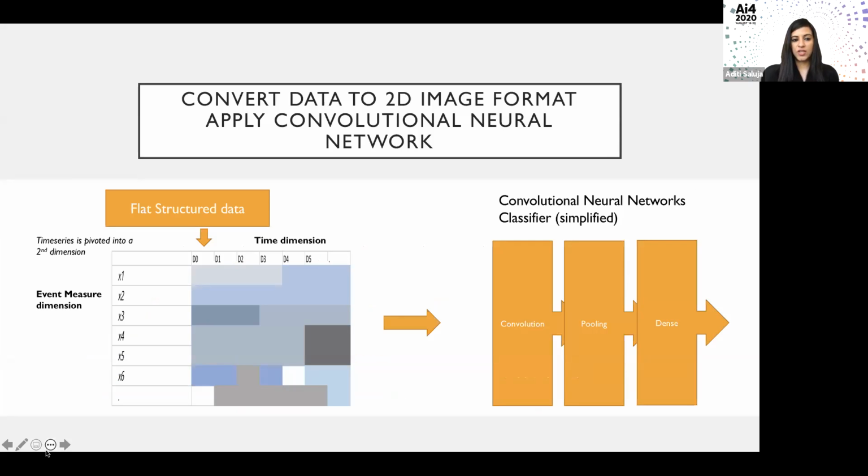Once the entire feature engineering is done, I'm actually changing the format of my data. Now my attributes are the days, and my rows, my records, are the KPIs, the aggregated dimensions that I was using.